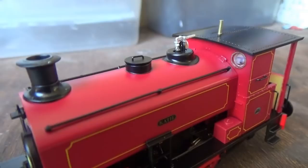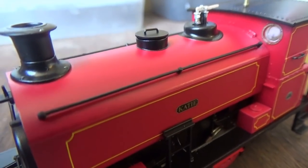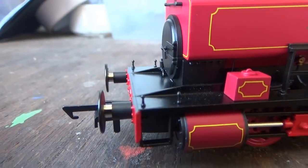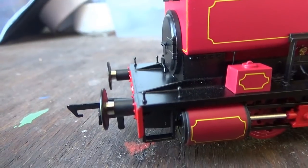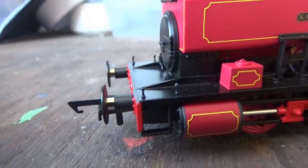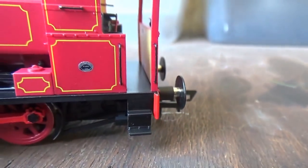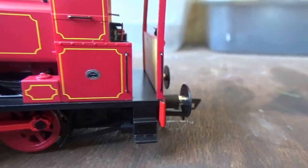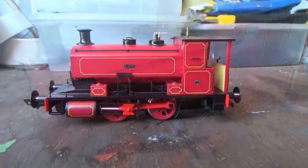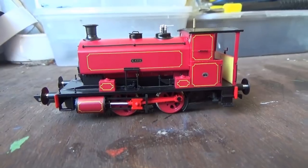And then what I'll do is I'll move the camera around on the model and talk about each detail part. So for example here we have separately fitted handrails. Sometimes I might get moving shots. Now this loco doesn't have any lining on the running plate, but let's just imagine it does, and so for that I'll just simply run the camera along to show the lining going all the way across the running plate, or to cover a specific detail. Sometimes I might even do it if there's pipe work on the locomotive. Then once I've basically done that and covered the model in detail,